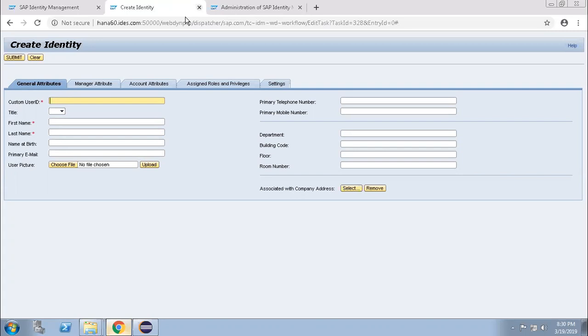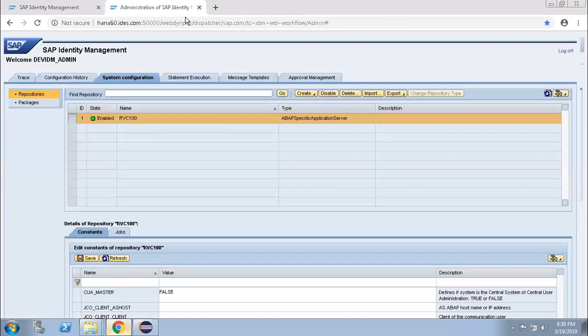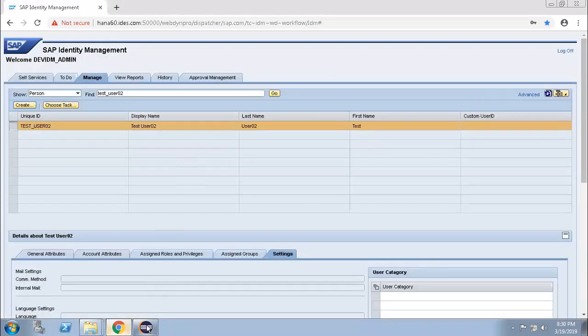Most of the cases we have that requirement, right? So what can we do? Can anyone tell me, just on a high level, the architecture?